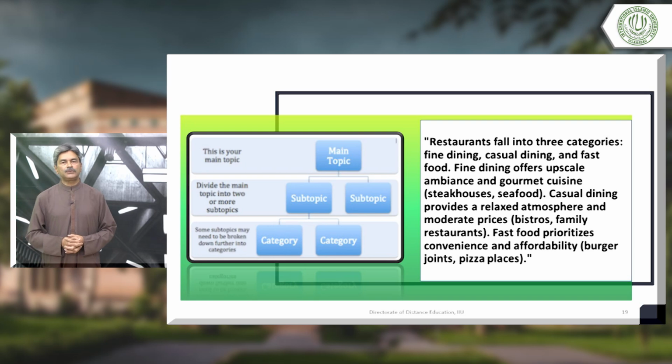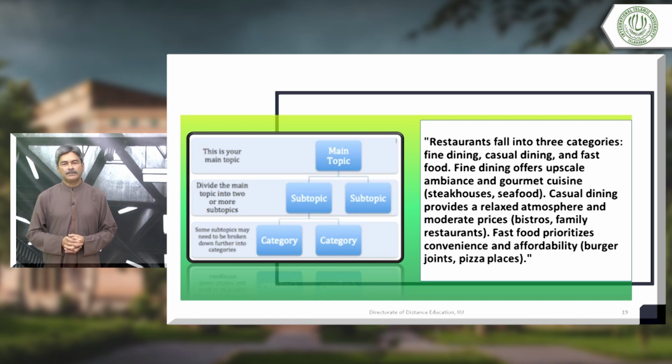Restaurants fall into 3 categories: fine dining, casual dining, and fast food, the craze today. Fine dining offers upscale ambience and gourmet cuisine like steak houses and seafood, etc. Casual dining provides a relaxed atmosphere and moderate prices, what you call a family restaurant.